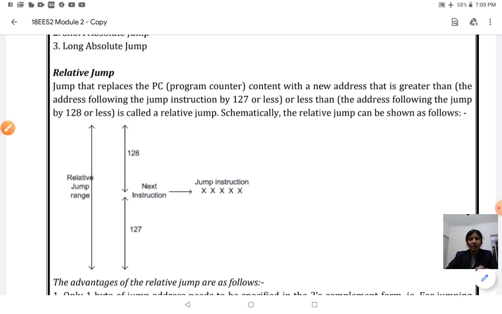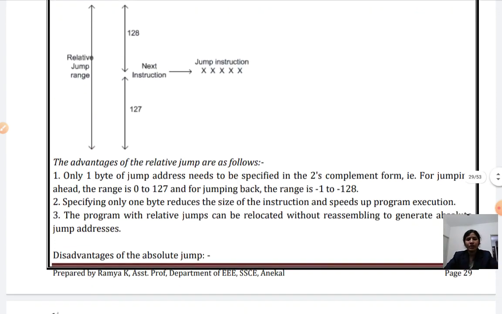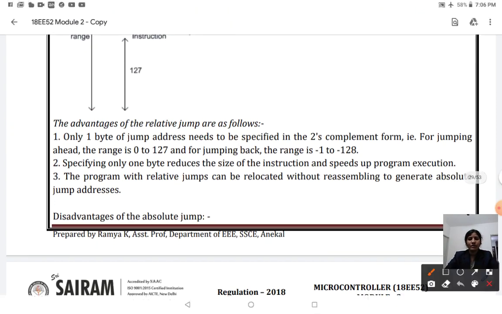It depends upon the memory size. So based on your memory size, if it is going to be 127 or less, or if it is by 128 or less, then the relative jump instruction is going to work out. The advantage of relative jump instruction is that only one byte of jump address needs to be specified in 2's complement form. For jumping ahead, the range is 0 to 127.